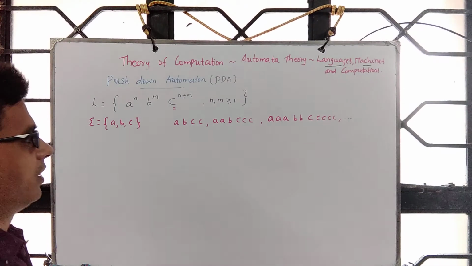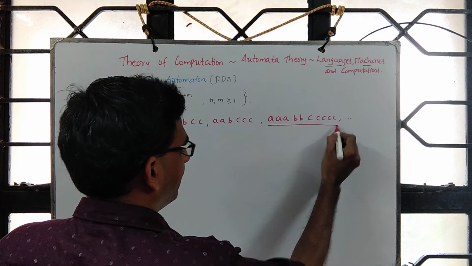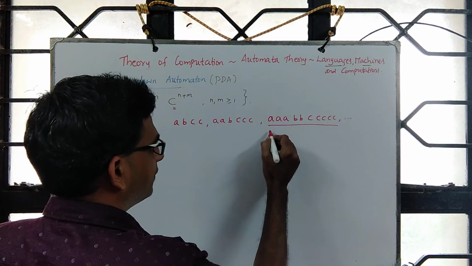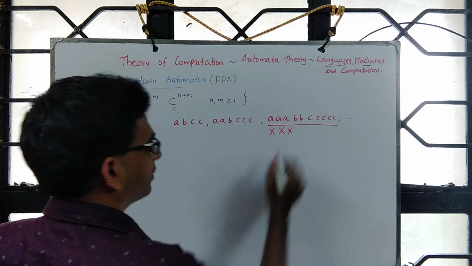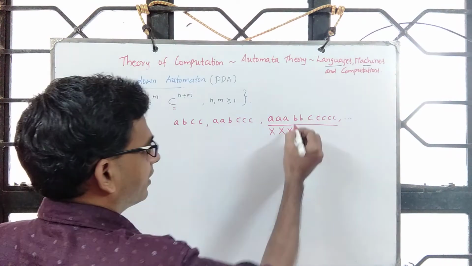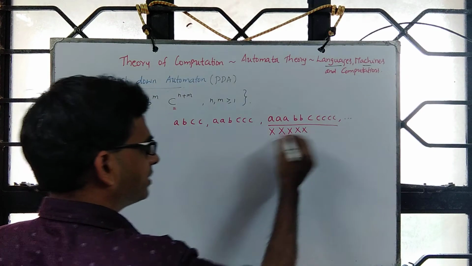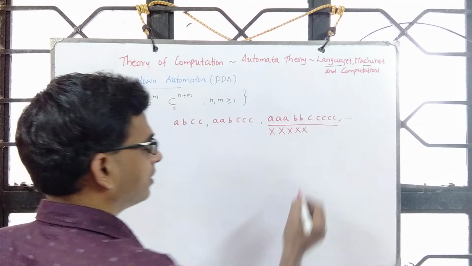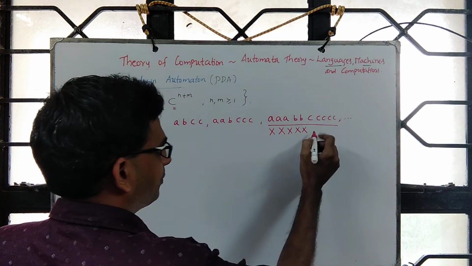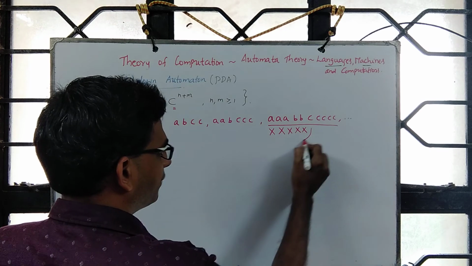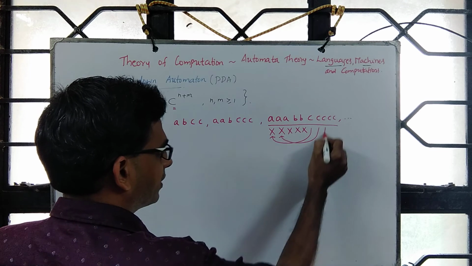Okay. So what we do is the following. When we read A, we store a symbol, say X. For all of these we store this symbol, and then when we read a B, we again store this. You can use the same symbol or a different symbol, it doesn't matter. Now when we start seeing C's, we start performing pop. So for this we pop this, for this we pop this, for this we pop this,